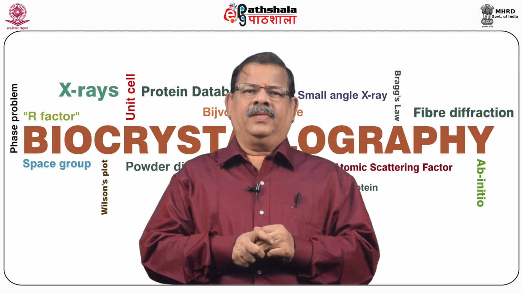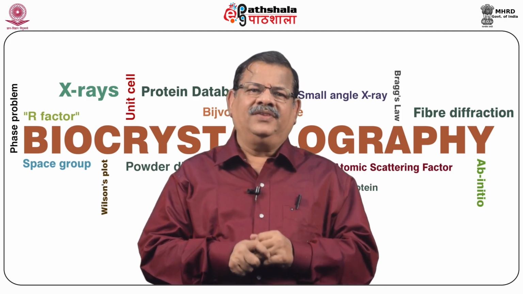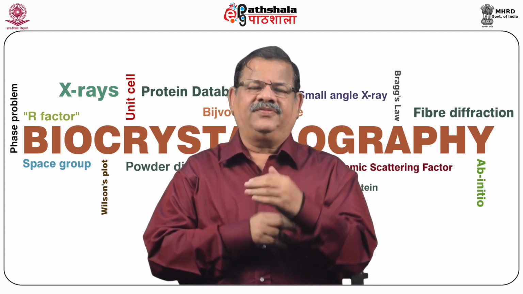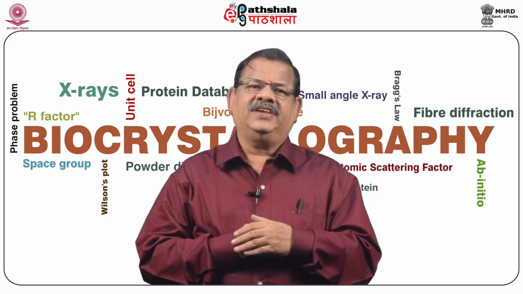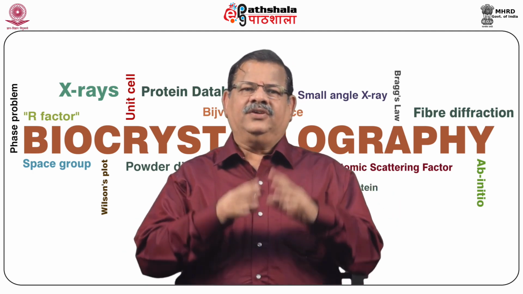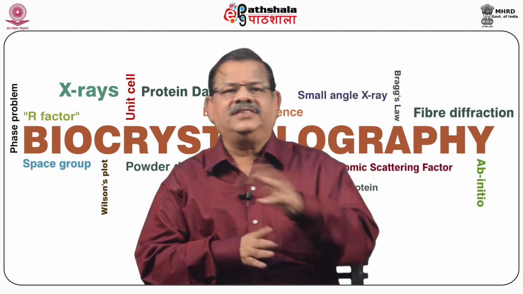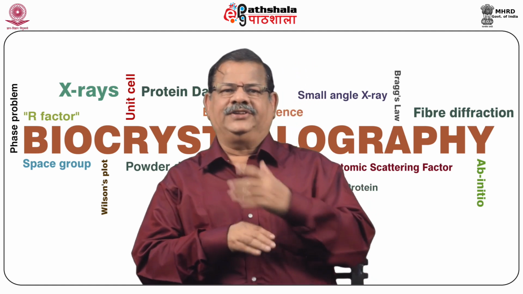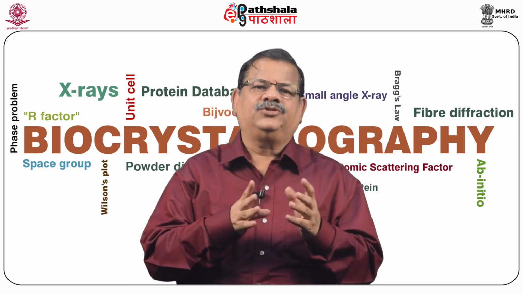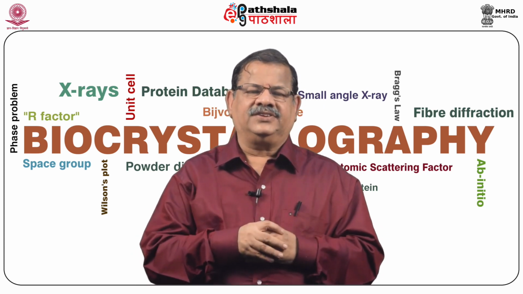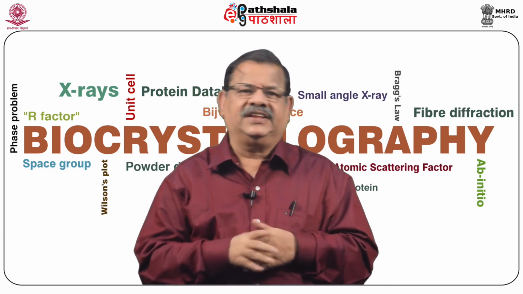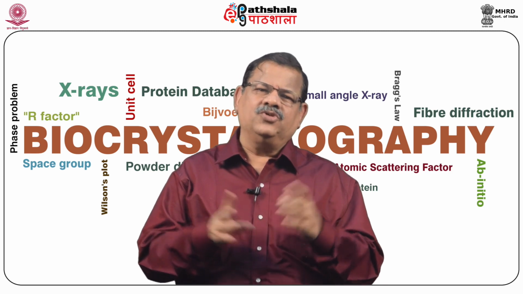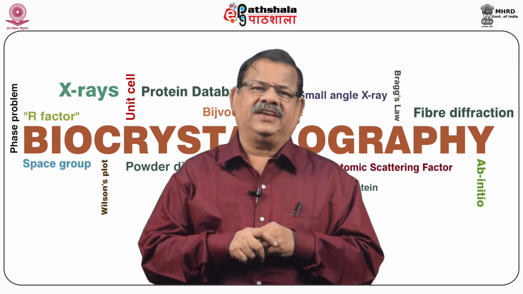After convergence, the refinement is stopped. What is convergence? Between one cycle and another cycle, this weighted R will be shifting. Between 2 cycles, if it remains the same, it means the convergence has been reached. You have to stop it or change the procedure of the refinement. For example, from isotropic refinement, you can go to anisotropic. Isotropic means you assume the same vibration along all the directions. Now we assume that vibrations are different in each direction and so on. So after the convergence, the refinement is stopped. Usually this happens within 10 cycles.